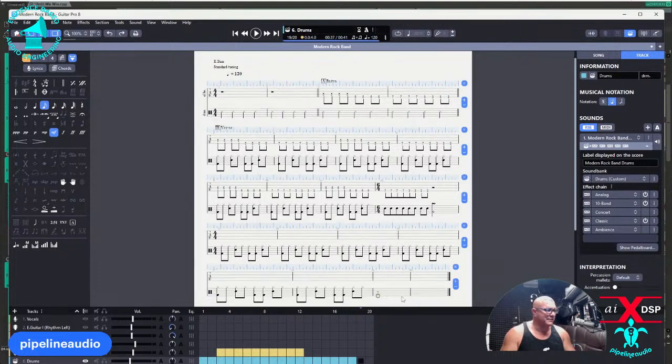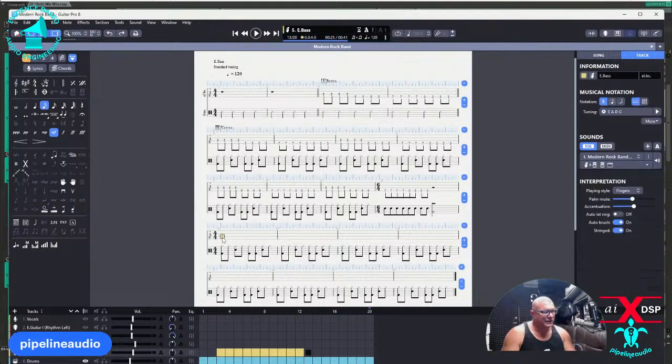If you really want to be pedantic about it, maybe change the hi-hat to a ride in the chorus, but whatever. We're not worried about that. And let's say the chorus is